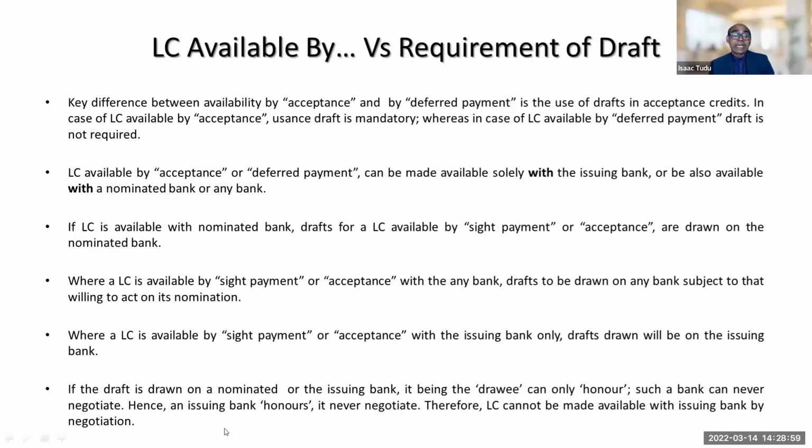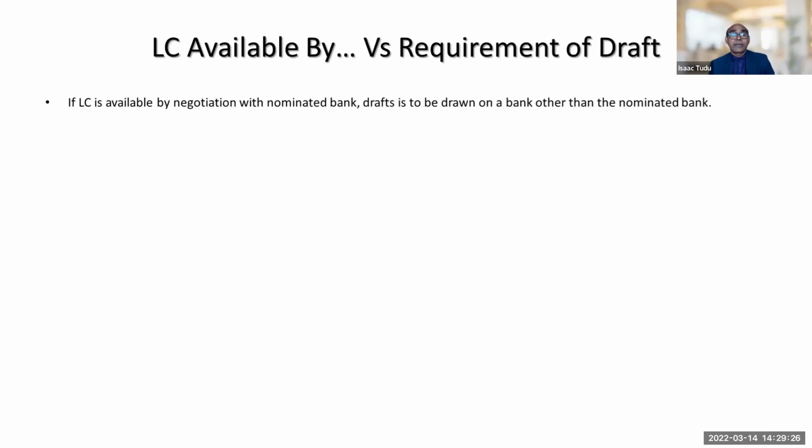Such a bank can never negotiate. Hence, an issuing bank honors, it never negotiates. Therefore, an LC cannot be made available with the issuing bank by negotiation. If an LC is available by negotiation with a nominated bank, the draft is to be drawn on a bank other than the nominated